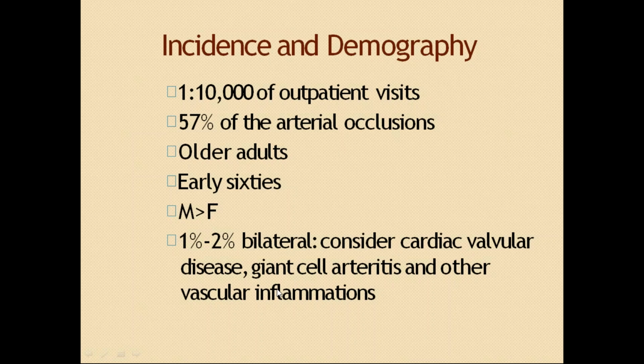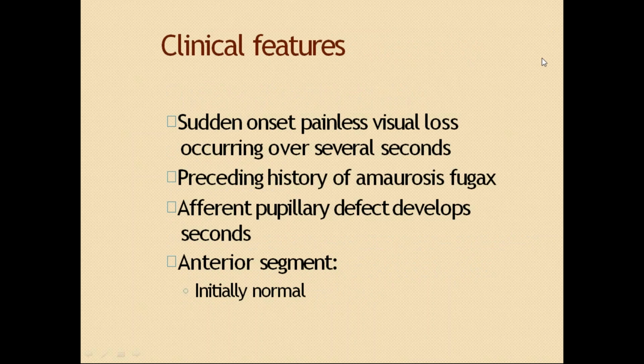There are two types of central retinal artery occlusion, non-arteritic and arteritic. In non-arteritic, usually the cause will be emboli, which arise from atherosclerosis. This is the most common type. If the patient has arteritic central retinal artery occlusion, then always search for giant cell arteritis. Okay, if you have any doubts in between, you can ask.